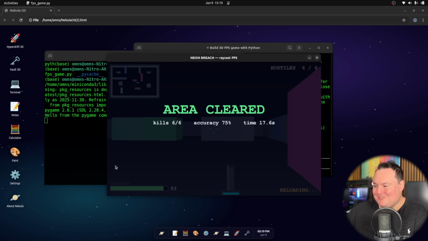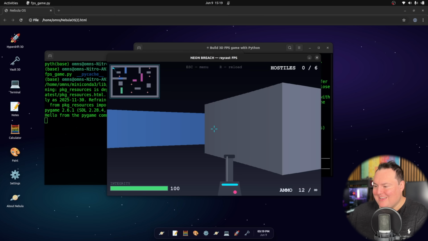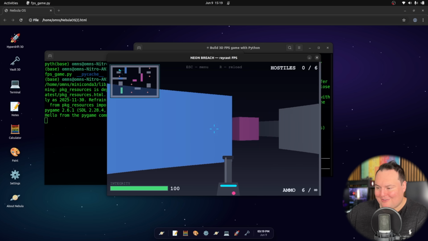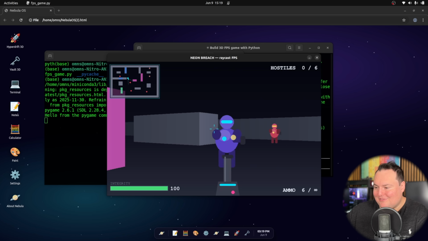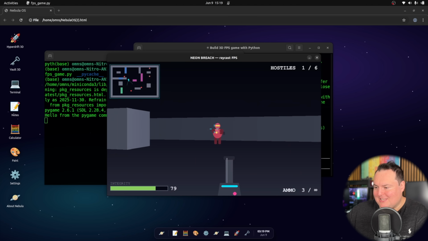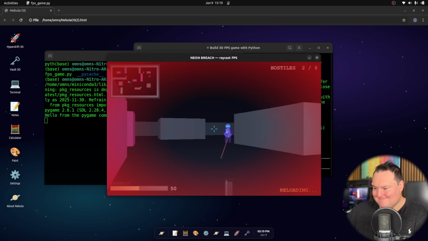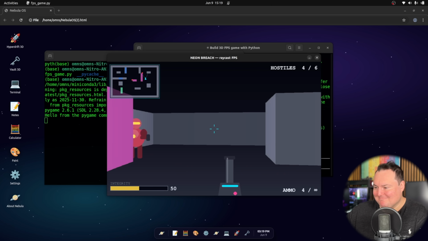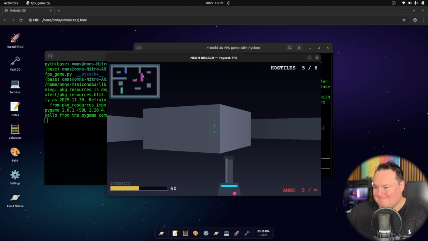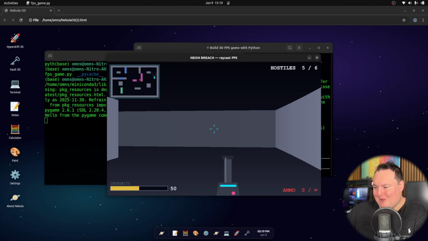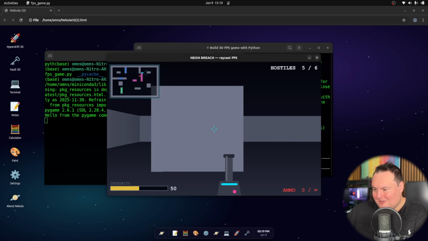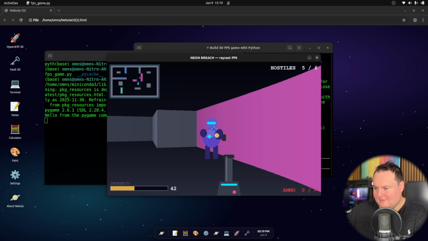The sound inclusions are nice. Area cleared. Good. Accuracy and time. Press enter for menu. We can start again. The actual ammo tracers, the weapon recoil. I don't know why I'm yelling. The synthwave sounds. Boop, boop, boop. The mini-map. Well done. And the hostiles are actually pretty well drawn considering the limitations. All the assets are. We have one hostile left behind this wall.